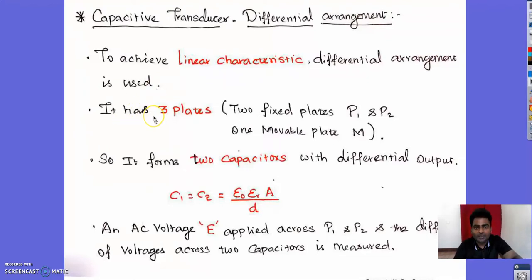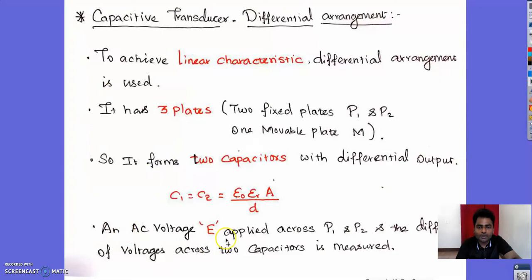It has three plates, whereas in previous cases we have seen only two plates, one moving plate and one fixed plate. Here we have three plates, that is two fixed plates P1 and P2 and one movable plate. So it forms two capacitors with differential outputs. The formula is going to be the same for both the capacitors, that is epsilon naught A divided by D,